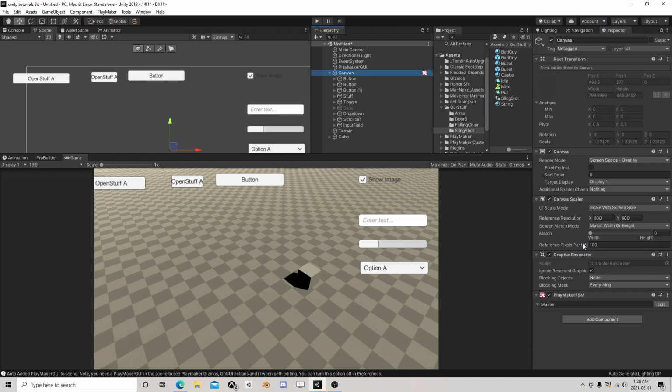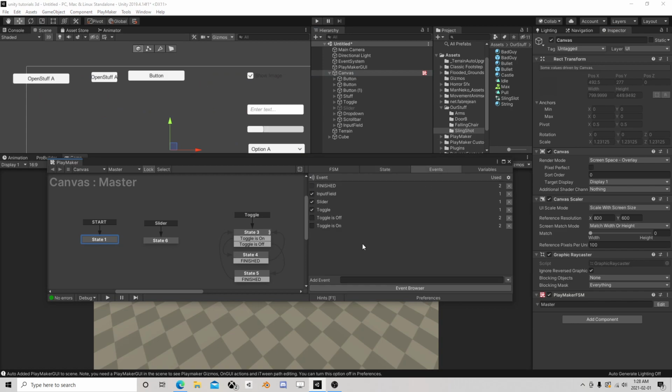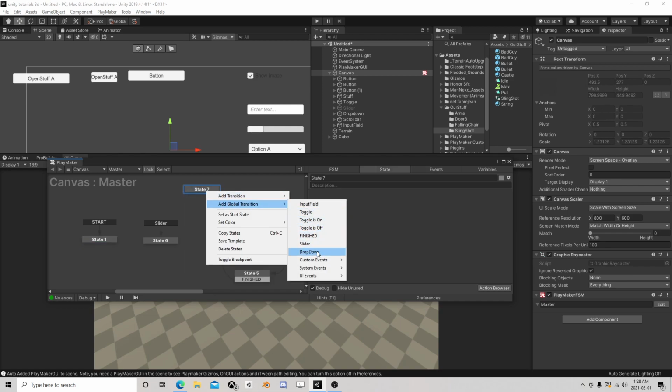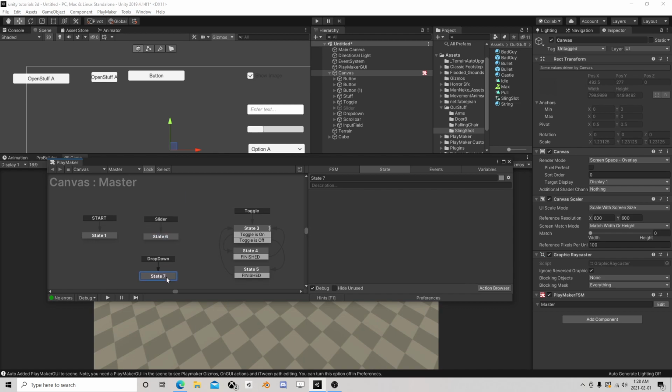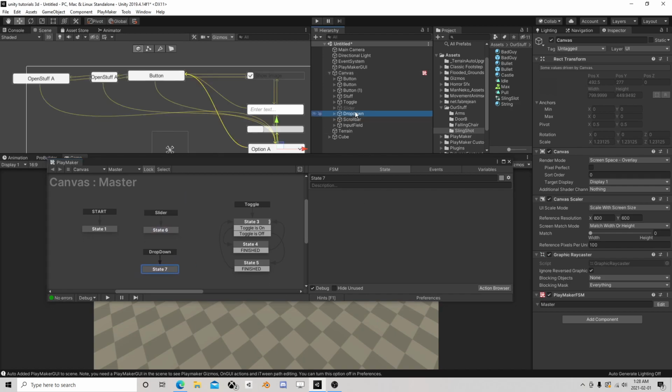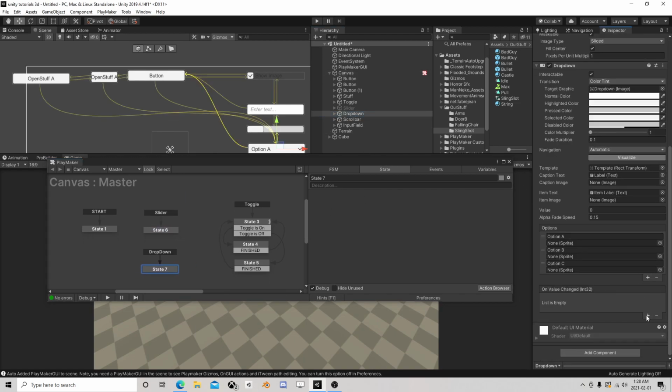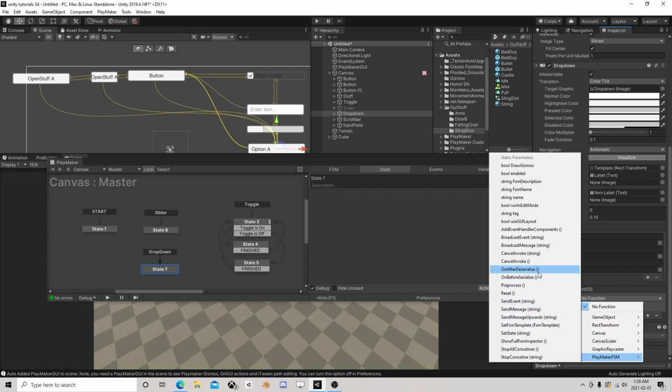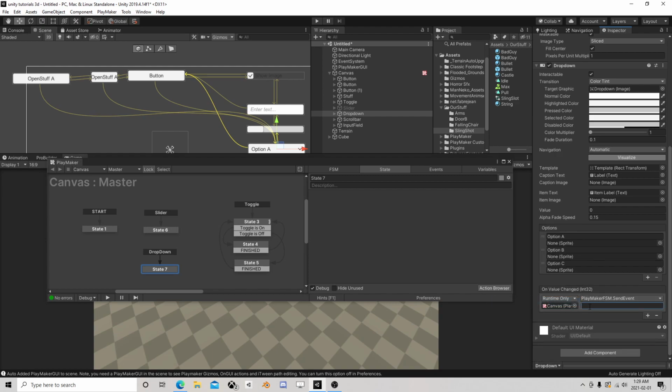And again, I am going to, in here, say drop down. And I'm going to go to this drop down, and on his value change, we are going to send the event drop down,